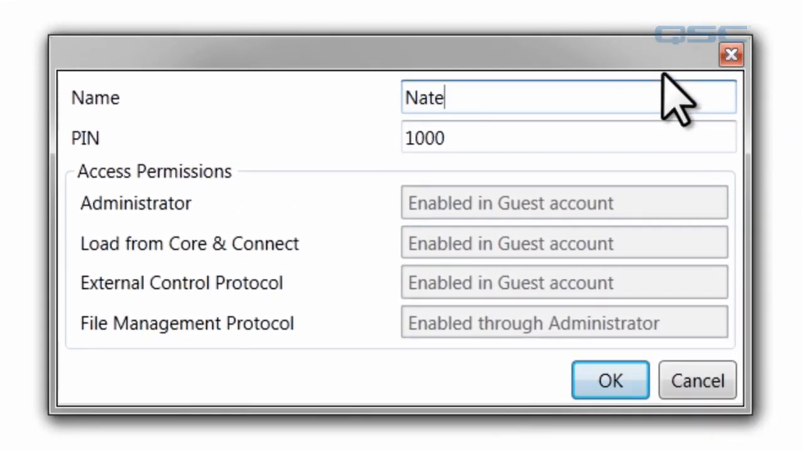I'll make it my name, Nate. And select a security pin for that user to log in with. I'll give you all access to my secret code. It's 12345. In the Access Permissions panel, you'll note that all the available options are grayed out and say Enabled